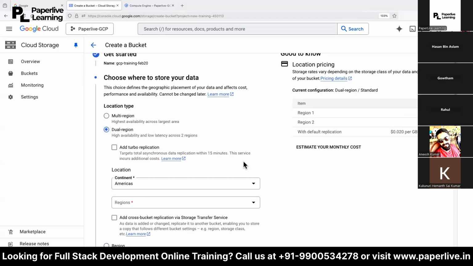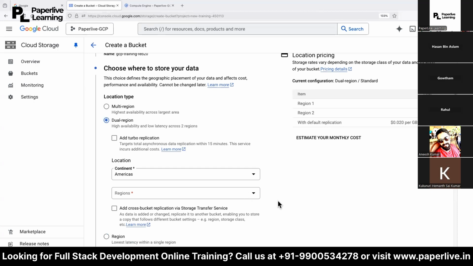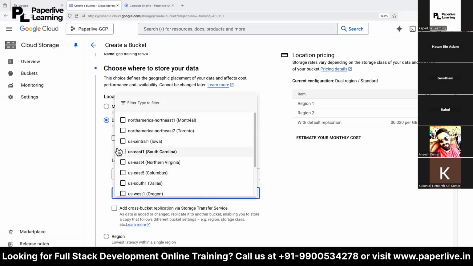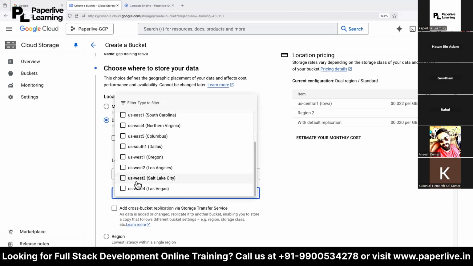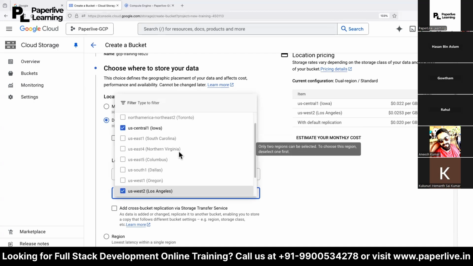Now there is another option called dual region. You can select any continent, US, Asia, or Europe, and you can select two regions, two totally different regions.